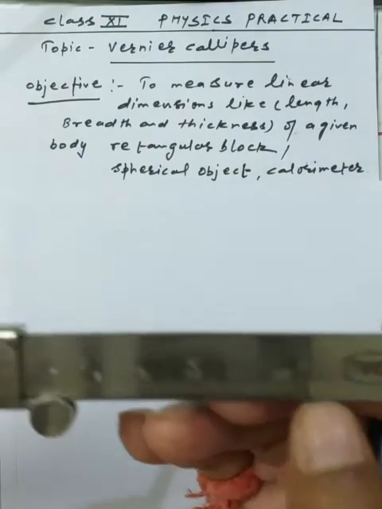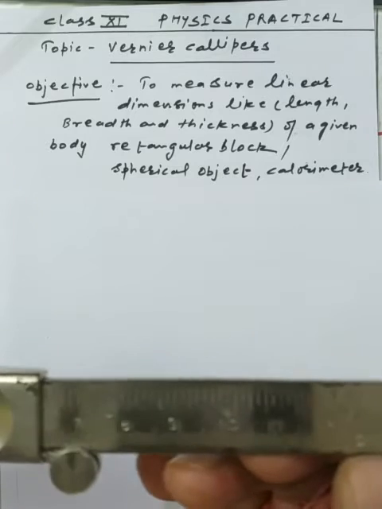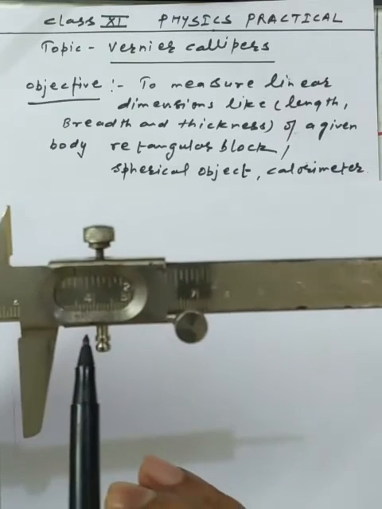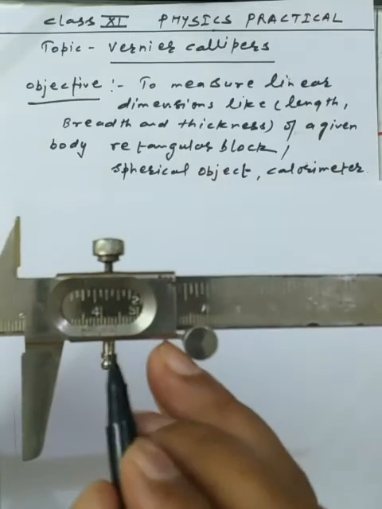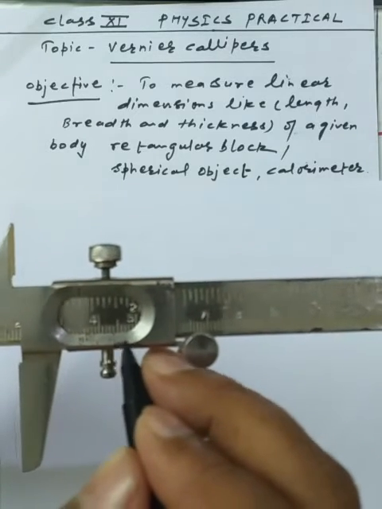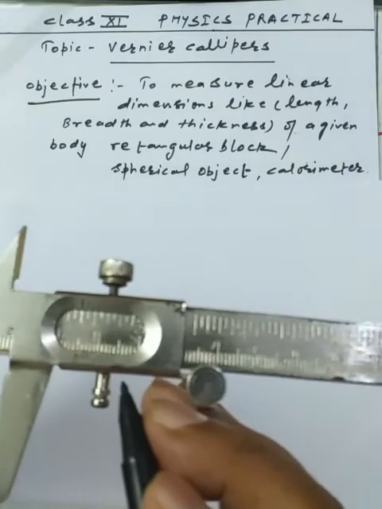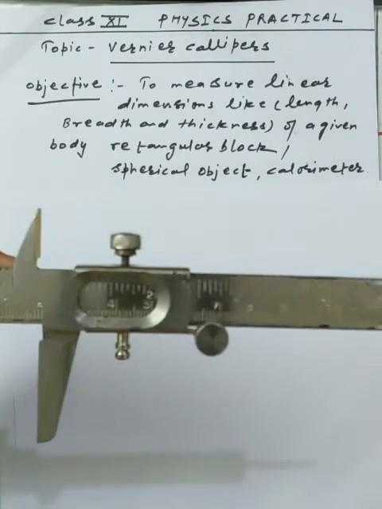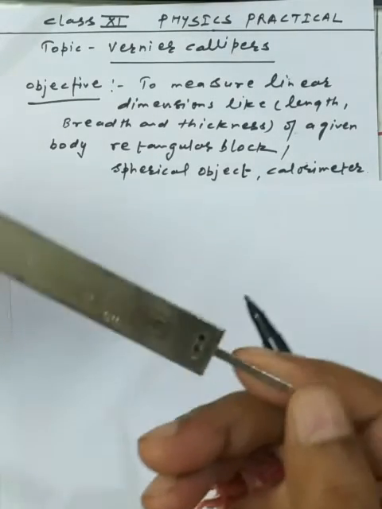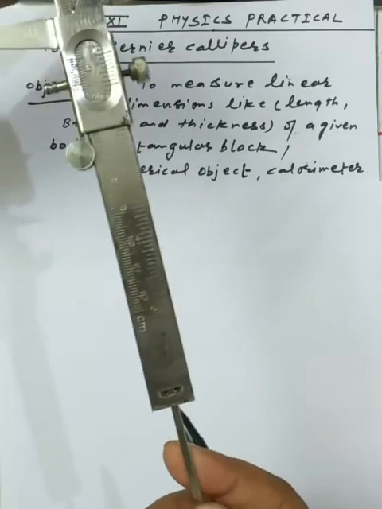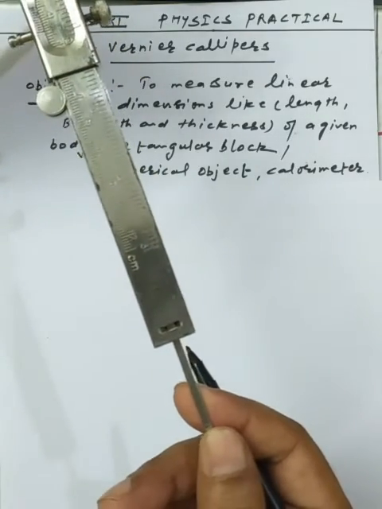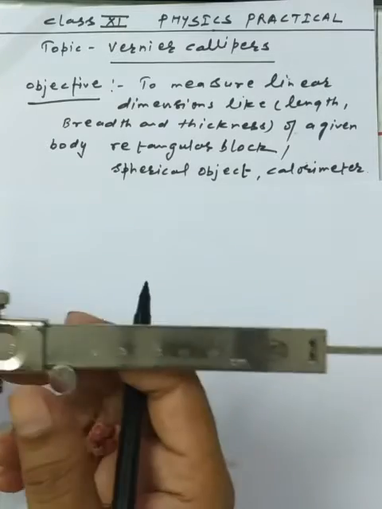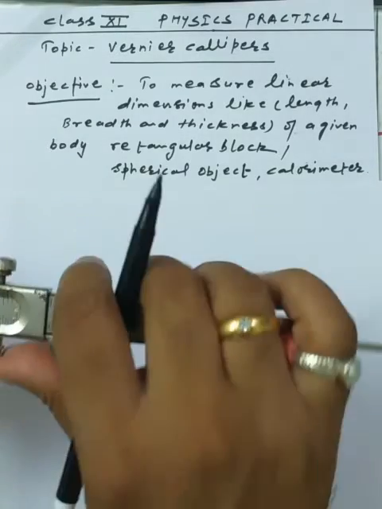Okay, this is the part of the main scale, which is available in centimeters, and in the rectangular portion we have a scale which I am just showing here. This is the type of scale called the vernier scale. This strip is available in the vernier calipers, which are generally used to find out the depth of a calorimeter, that is, how much depth we have in the internal portion.